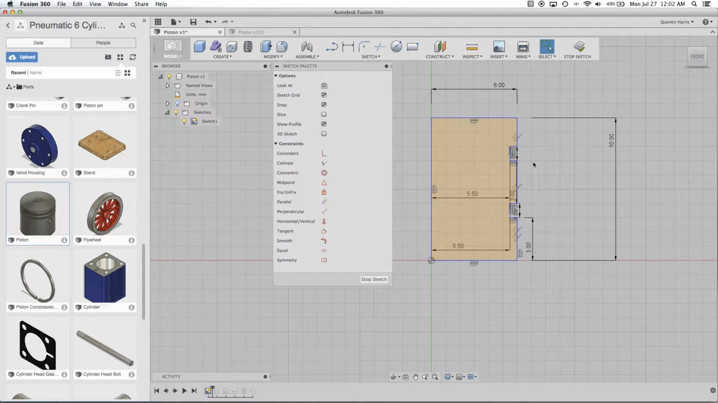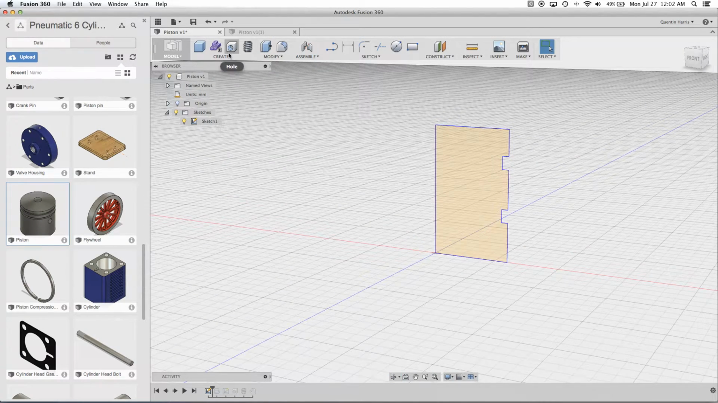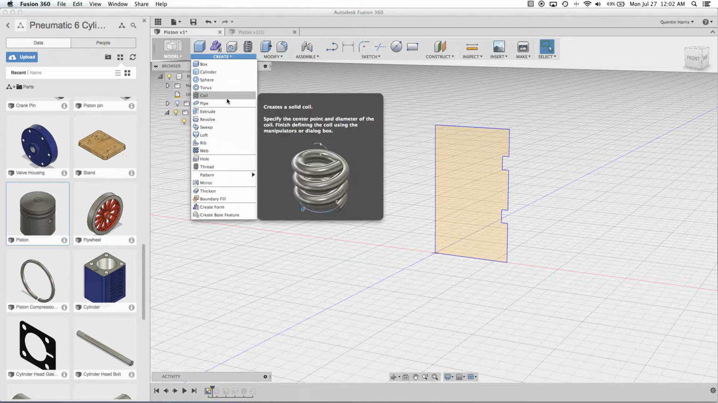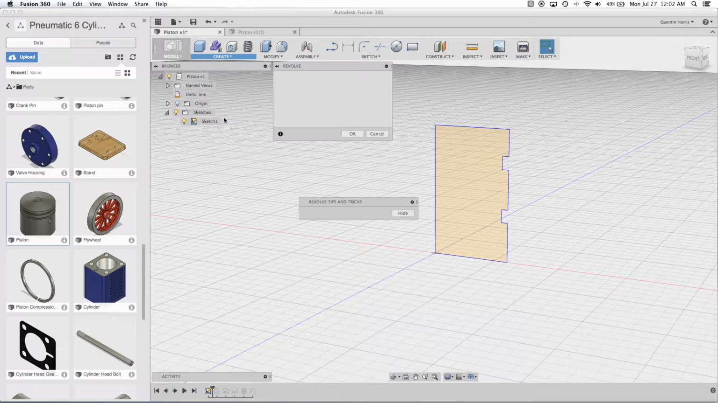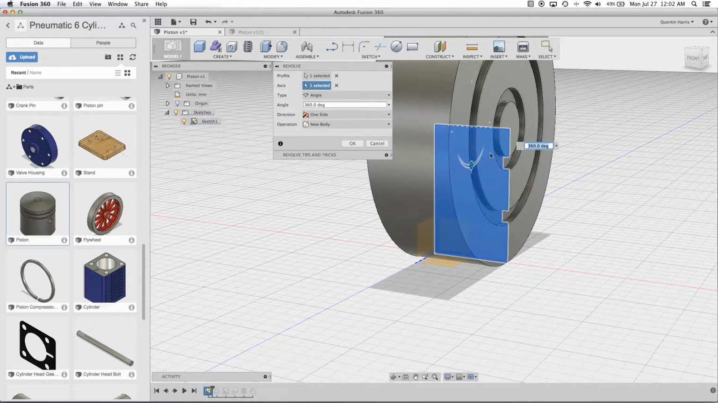Basically all I did is make a rectangle and then cut out two smaller rectangles, and that was my profile. So stop sketch, then drop this create bar down and go to revolve, and it'll come up with this taskbar. The two main things that you're going to be looking at are your profile and your axis. Your profile is what you're going to be revolving, and the axis is what you're going to be revolving that profile around. Say for instance if I choose this top line here, it'll revolve it like that,